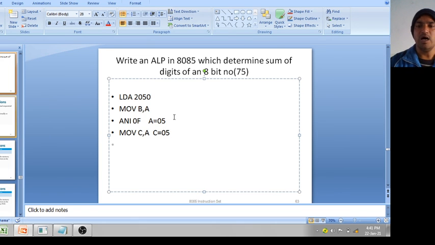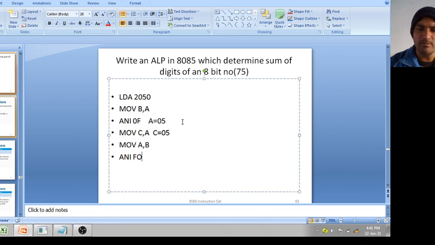Now how will you separate this 7? By ANI F0. Okay, now the data 75 is available in the B register, so MOV A comma B. Again you can use LDA 2050. Then apply ANI F0.